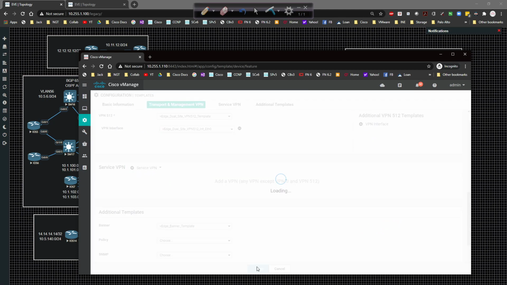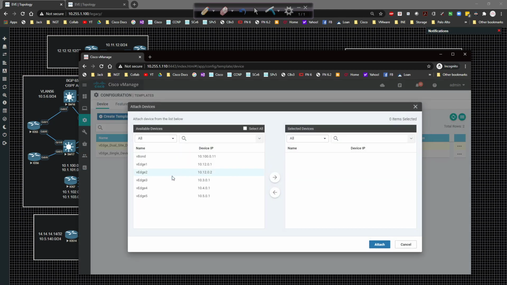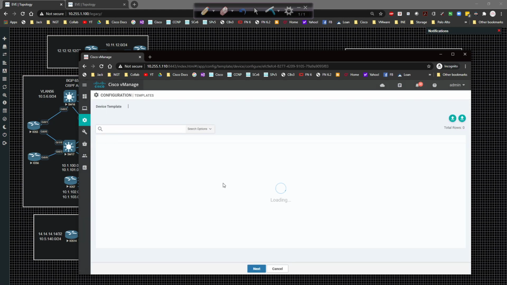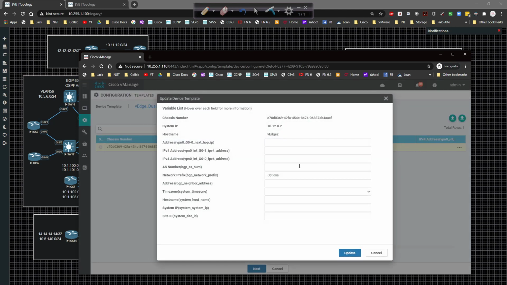So I'm going to go ahead and click on create, and then it's going to ask me what device I want to associate this to. Well, actually I have to come over here and say attach devices, and I'm going to choose vEdge 2. Click over here, click attach. And the nice thing about it is here will be edit device template, and it's just a matter of populating the fields. So in this case here will be the gig 00 interface will be